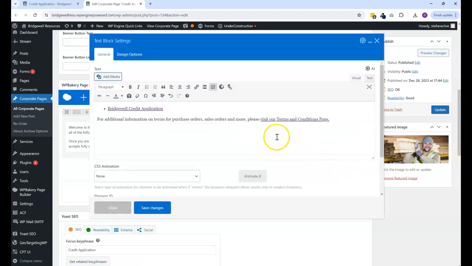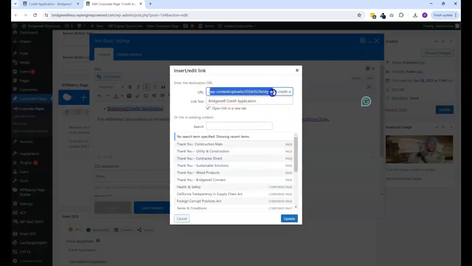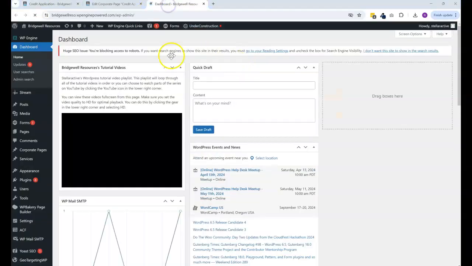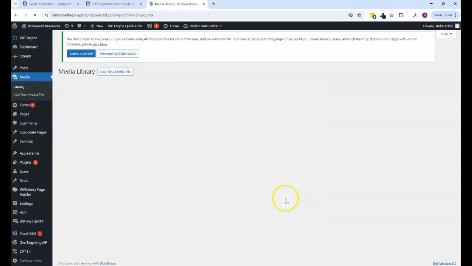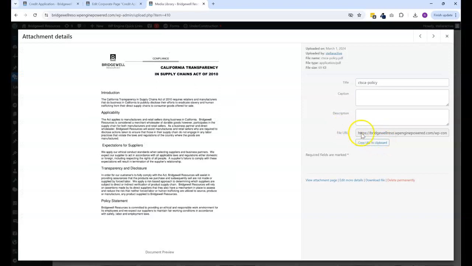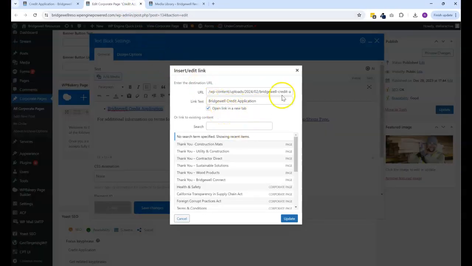So you can see here when we come in here and we go to edit this link, that it is going to the media library on the site. So if you need to update this, what you'll want to do is come to the media library, and you'll say add a new media file. And once it's there, it'll appear in this first position. You'll click on it, and then this is the file URL, and that's what you'll want to use in order to link to it. As when linking to an external site, you're going to want to set it to open